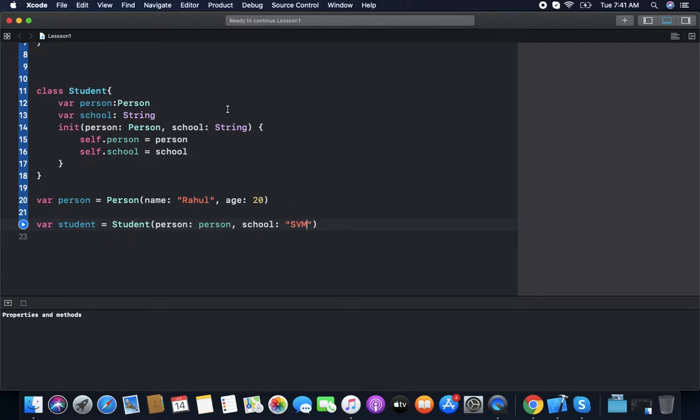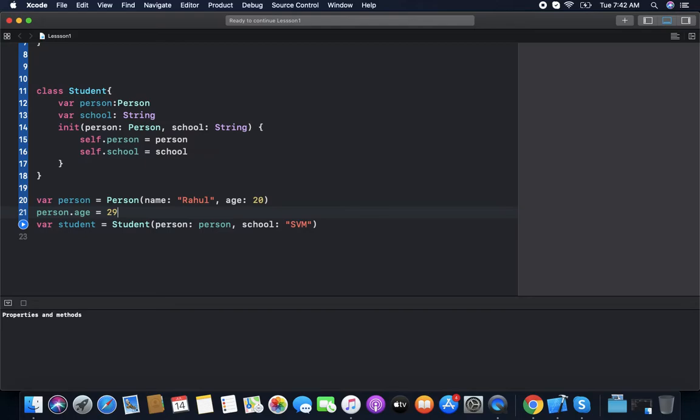So the properties are the values within the class or structure which are stored and which define what the class or structure is about. But there are some things we should know about properties. We can change a property, like person.age equal to 29.